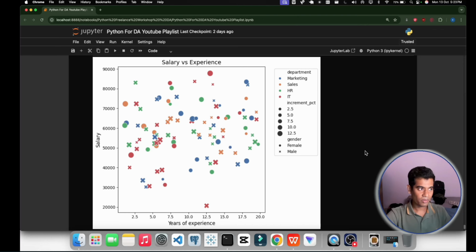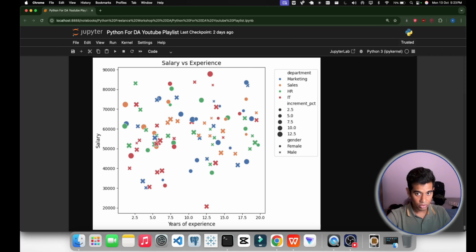So in summary, I would say it is all about hue. Hue played a major role by coloring by categorical variable. Second comes the size. Size has scaled points by numeric value, like 50 to 200, the size that I have given.